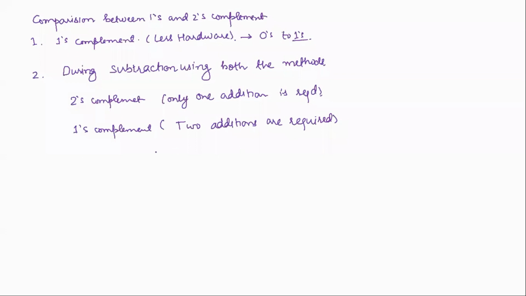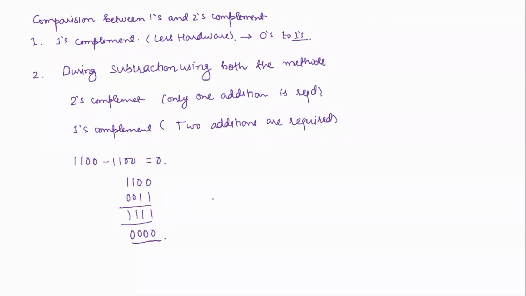So I will give you one more example. Suppose you have 1 1 0 0 and 1 1 0 0. So the answer is 0, we know. But the computer will do 1 1 0 0 and then 0 0 1 1, add it, and there is no carry. So it will complement, and you will get the answer.